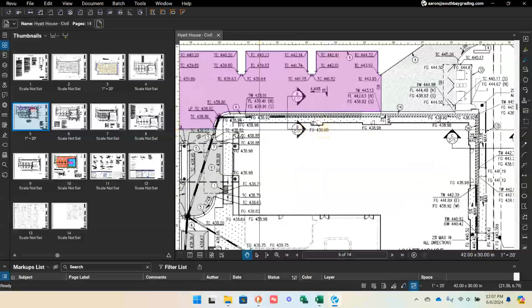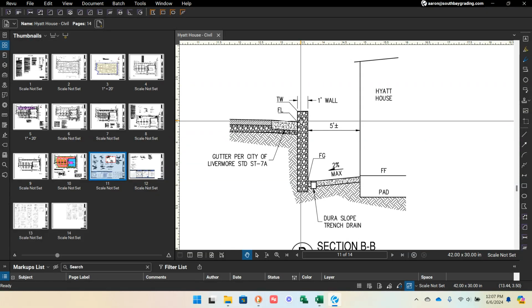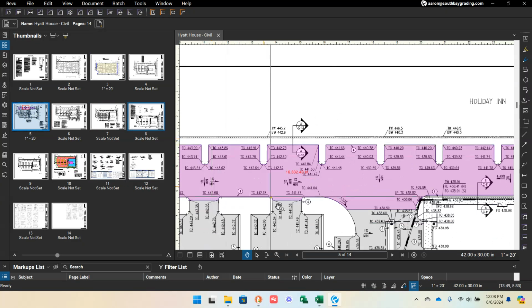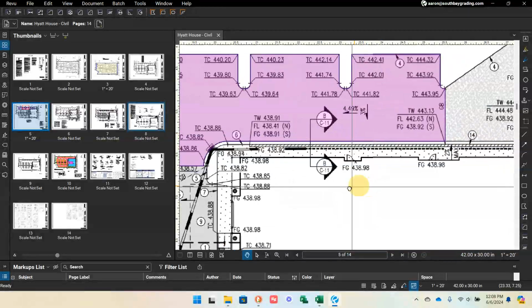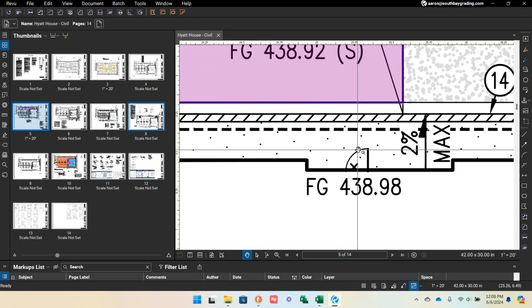So let's go look at BB. So section BB. Okay, so BB, you've got a wall. It's coming up, there's a drop down to this little traveled way around the Hyatt House. So basically what this is telling me is people are going to come out of their door right here, and they're going to be looking at,